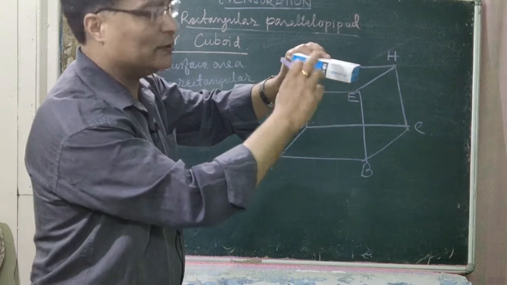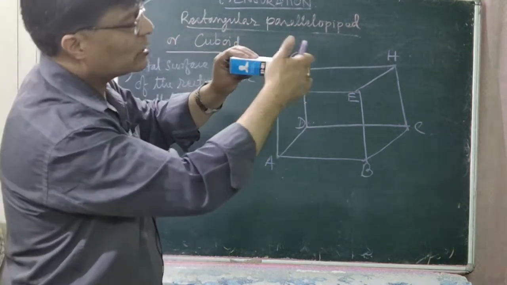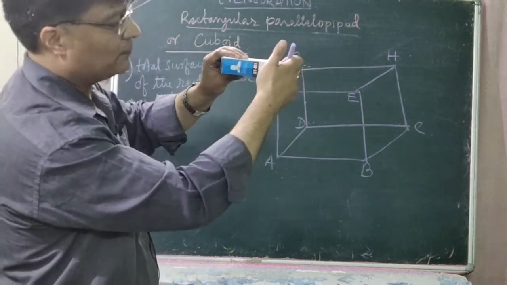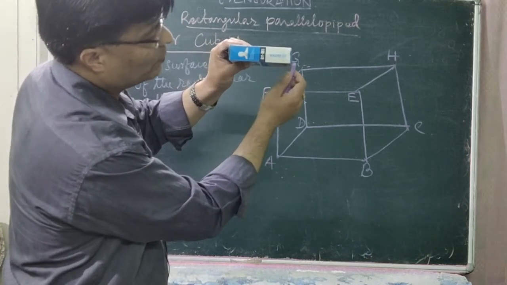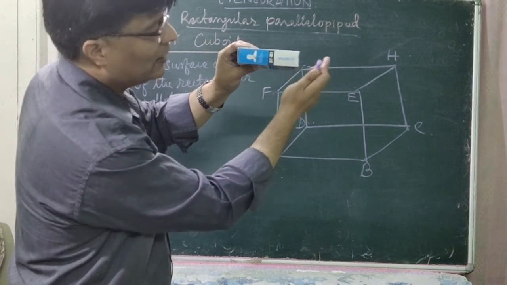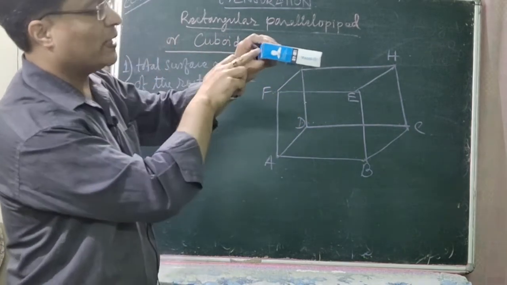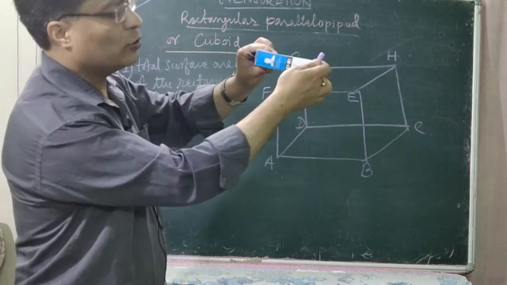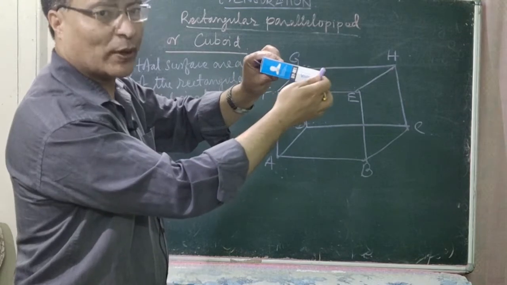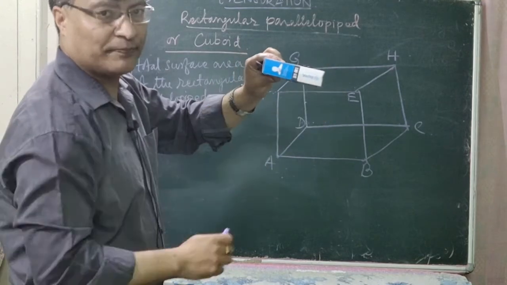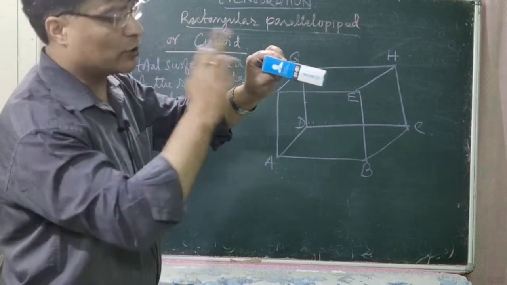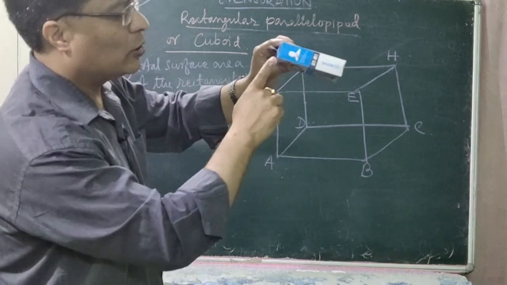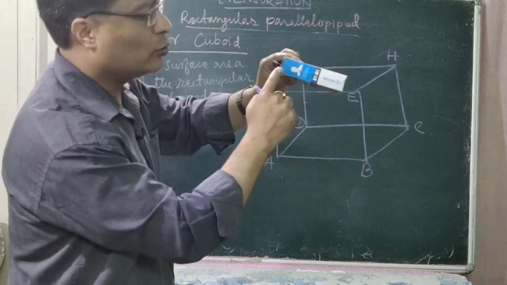Is that clear? अब यो side को area कसरी निकाल्छ त? यो breadth into height गर्यो भने यसको area निस्किन्छ। यसको area पनि हामी कसरी निकाल्छौँ? Breadth into height गरी निकाल्छौँ। त यो दुईटा area जोड्दा कति भयो? Twice B into H. Is that clear to all of you? त सबै जोड्दा कति हुँदैछ? 2lb, 2bh